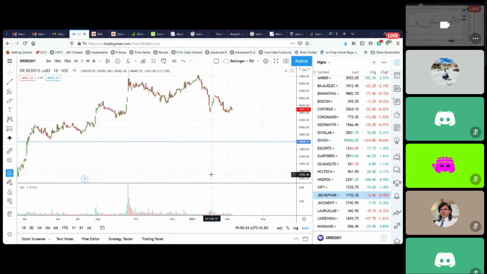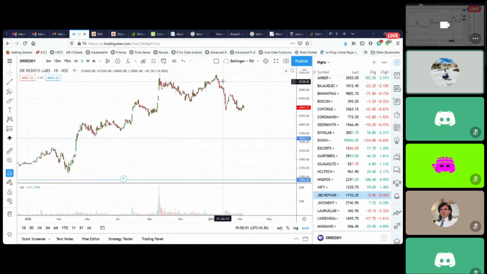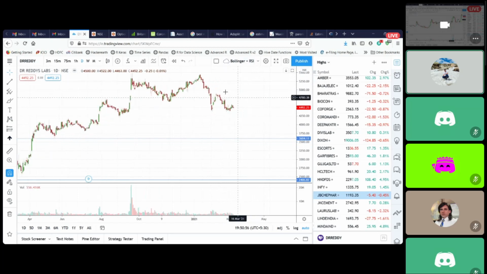I have two questions. One is, do you manually track all of these stocks? When you say ignore this, will you come back later in time to see if there are good patterns to take trades here? No, I will come back and look into this when it again hits a new high. Then I will reconsider it. If it's hitting a new high, again a setup might be forming. After the new high is hit, I will wait for a swing low support to come in, and then I might decide to take an entry again. But till the time Dr. Reddy doesn't hit a new high, I am not going to take any new swing trades in it.